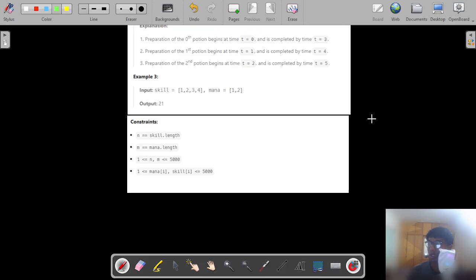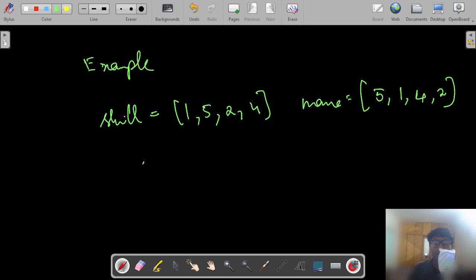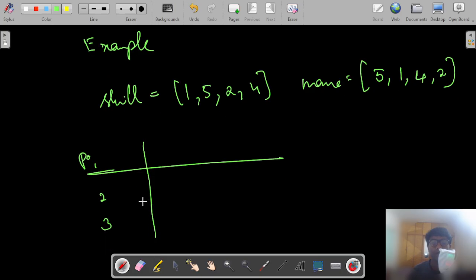So in order to understand what this problem statement is asking, we will look at this example, where skill equals 1524 and mana of the portions is 5142, right? So let's say portions 1, 2, 3, and 4. These are the portions,